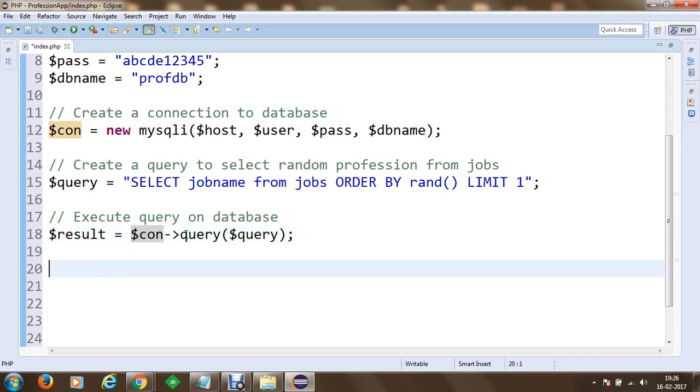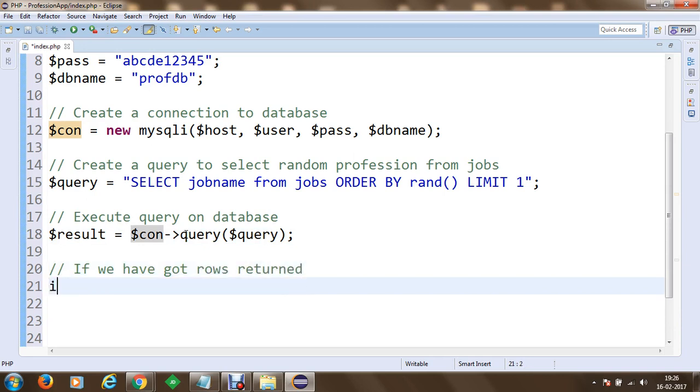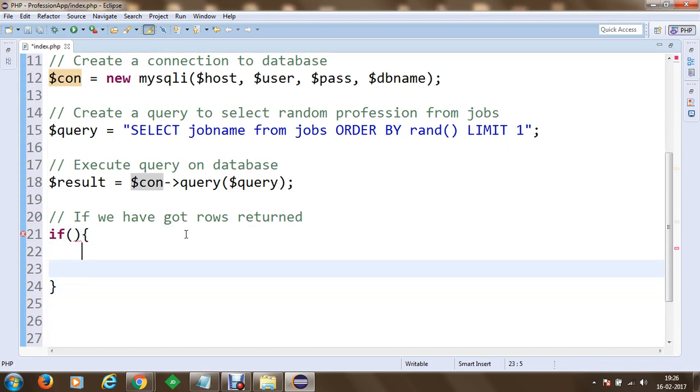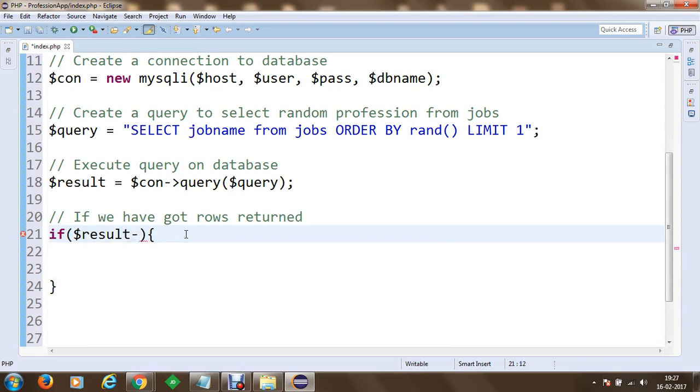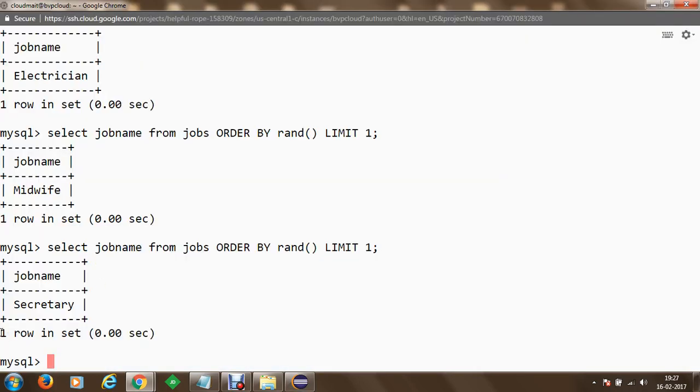Once we have got the result, we check if we have got rows returned. So we are going to set a condition, somehow like this: if $result has number of rows returned which is greater than 0, and this signifies the rows returned.